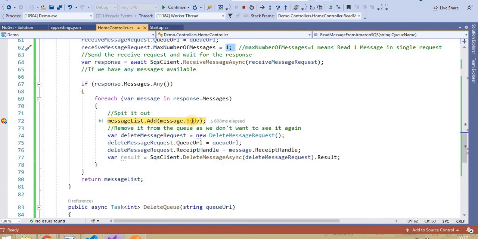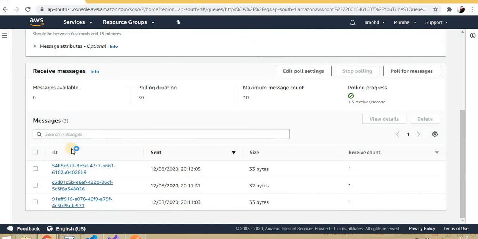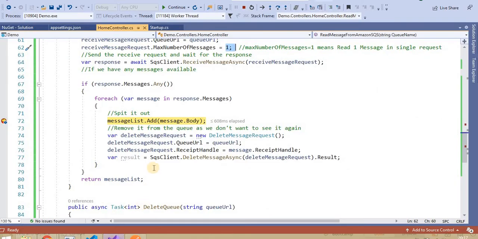And what is the body of that particular message? This is the second message. Instead of reading the first message, it read the second message. You know why it read the second message? Because this is not a FIFO queue. This is the standard queue which we created here. In the case of a standard queue, it is possible that our code will pick some other message, instead of first in, first out. The chance is that the order of the queue will not be maintained, right? As we are going with the standard queue, this is possible.